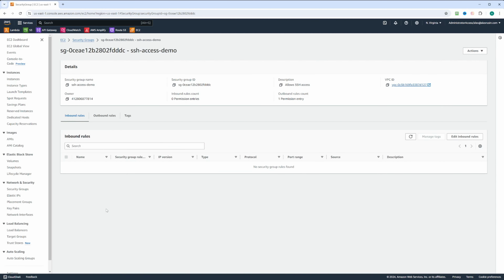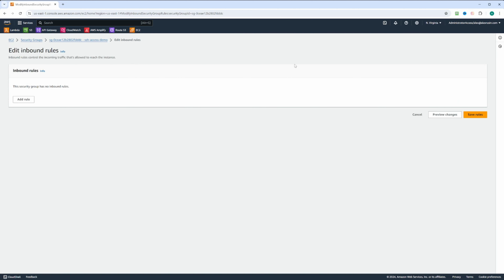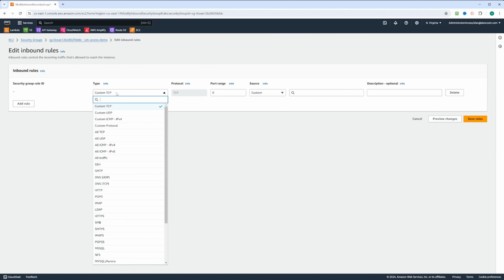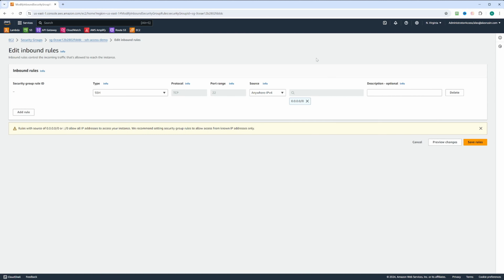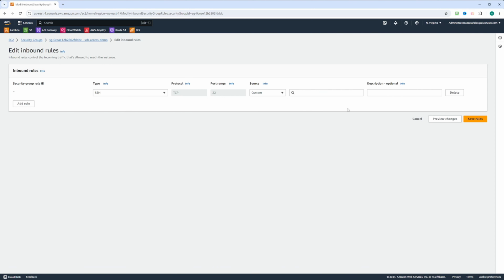I created this security group earlier, and as you can see, there are no inbound rules that will allow SSH access. So let's go ahead and click Edit Inbound Rule, and we're going to add the rule. We're going to select SSH, and it already filled out the protocol and a port range for us. And the source we can actually select from anywhere IPv4, and this will let us allow to connect to the EC2 instance. However, it's less secure because we're allowing traffic from everywhere,